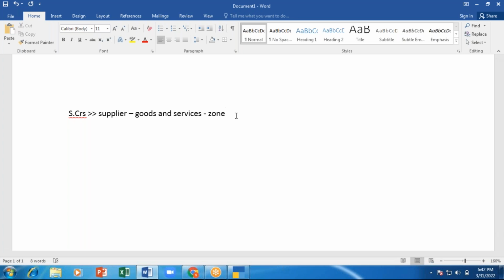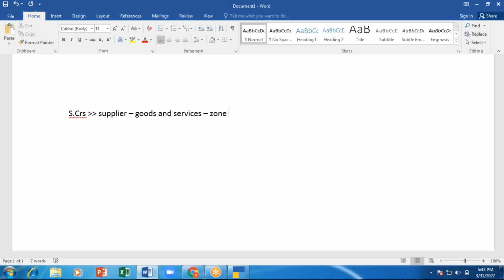Say north zone separately, east zone separately, west zone separately, and south zone separately. In that case, if I want to have a zonal wise report of sundry creditors, or it can be sundry debtors also,